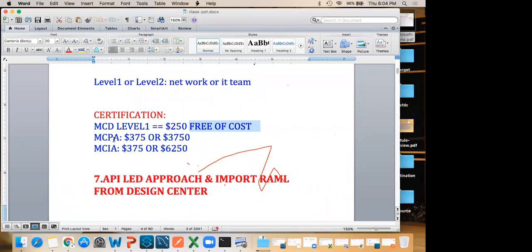Then MCPA and MCIA. MCPA is MuleSoft Certified Platform Architect, and MCIA is MuleSoft Certified Integration Architect. For the voucher you have to pay $375, but if you want to take the training on this, you have to pay $6,050, which in Indian currency is around 3 to 4 lakh only for this training.